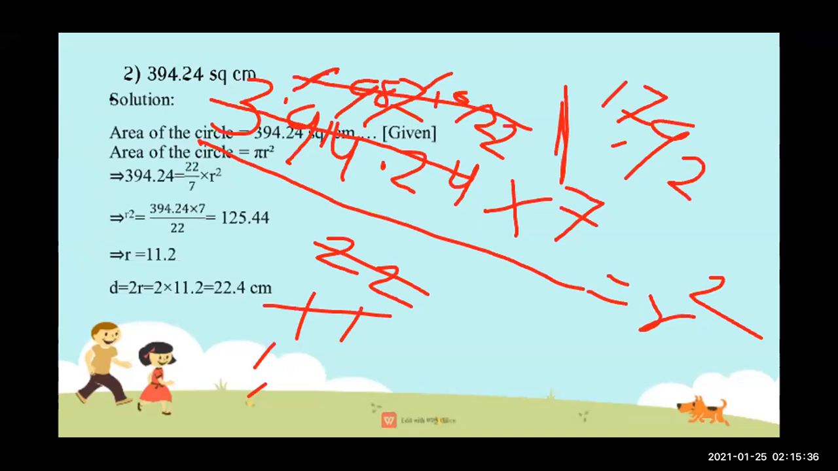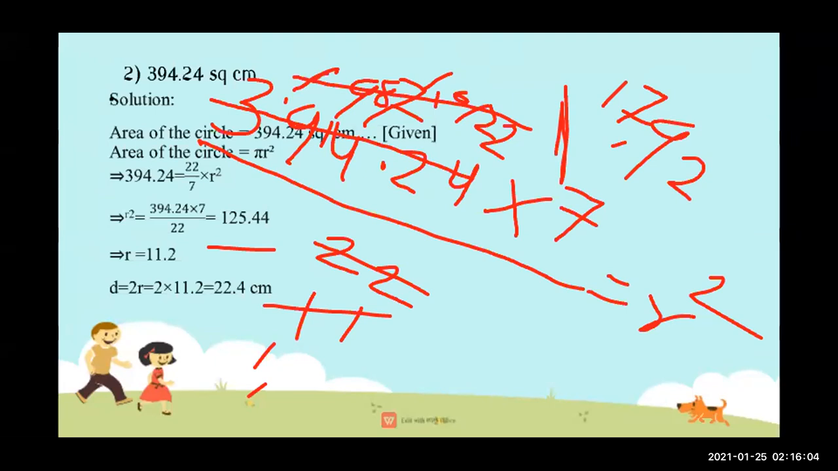17.92 multiplied by 7. What are you getting? Very good. You are getting the same answer which I got, that is 125.44. Now what is this? This is our R square. Now R square means